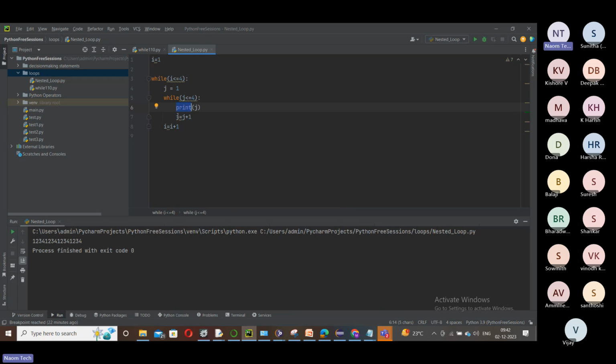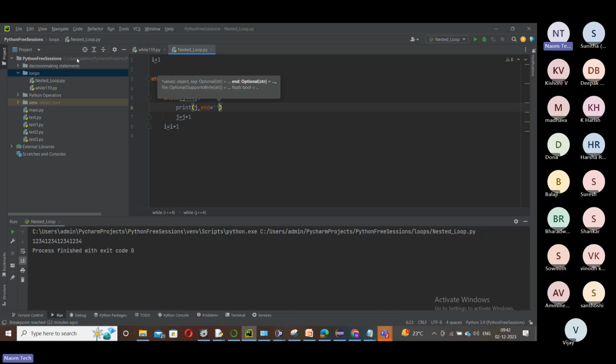Okay, next line means it's not in the program for the output. Suppose you don't want to print line by line, but side by side. Then you have to use a comma and this separator called end, and simply set it to space. Then it won't push to the next line, but prints all the values side by side in the same line.